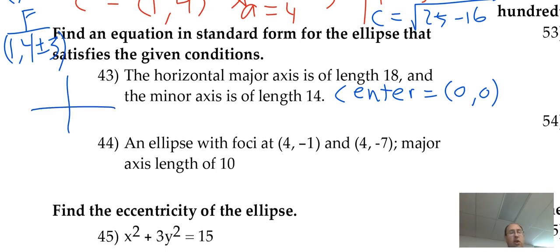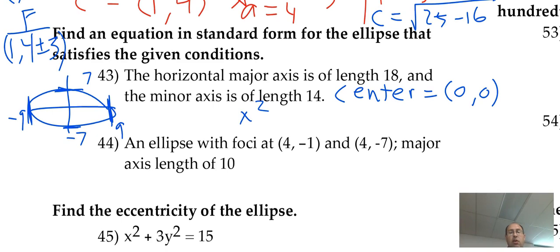Okay, so if we know that it's got a horizontal major axis of 18, what's it going out to on the right and left? Isn't it 9 and negative 9? Yes, because the whole distance has to be 18. If the minor axis is 14, what's it going up to and down? 7 and negative 7, right? So we end up with x squared and